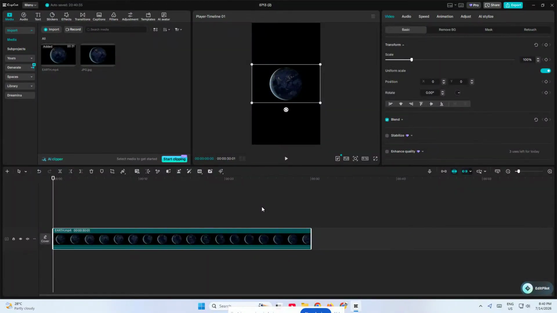If you want to make your videos look smoother, more dynamic, and way more professional, then learning how to use CapCut Keyframes is one of the best skills you can pick up. In this video, I'm going to show you exactly how to add keyframes in CapCut step by step, even if you've never used them before. We'll go through the whole process, from selecting your clip to creating motion, zooms, and smooth transitions that make your